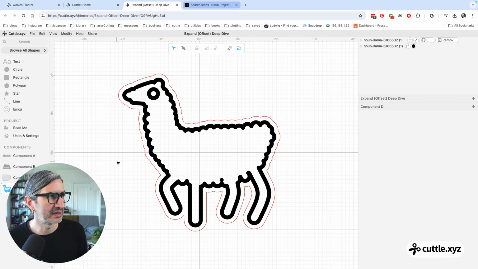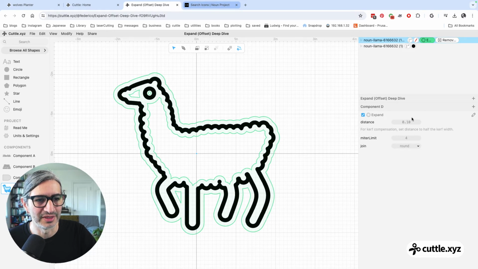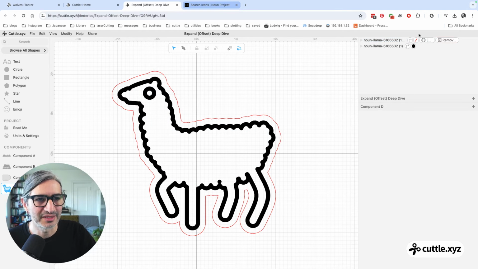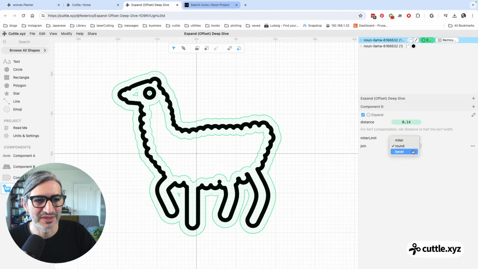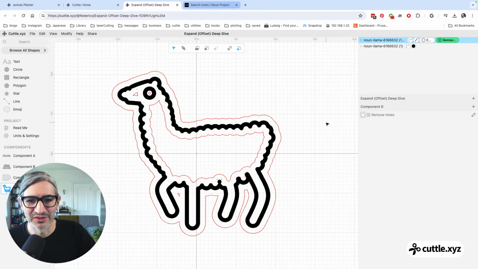So that was the example where I just brought in an SVG, and this is just as useful. Sometimes you want to make a pair of earrings or a sign or something like that, and so that's how you would do it. Maybe more distance here. This is an example. If I change the miter to something else,